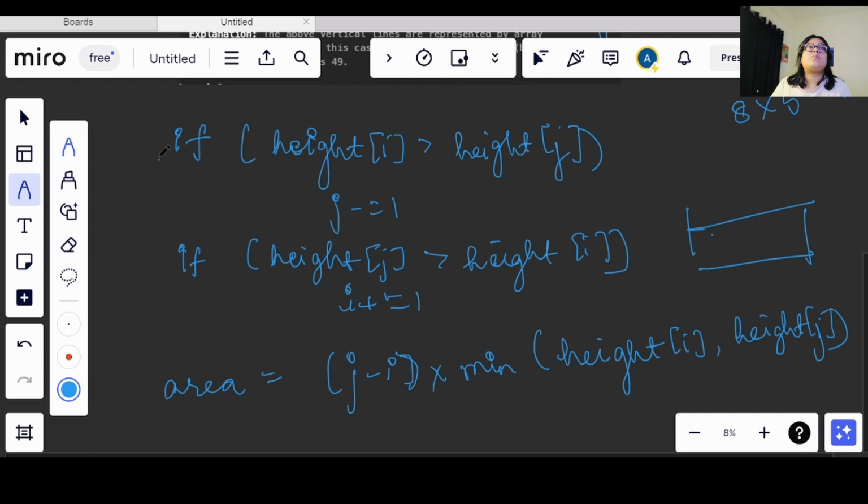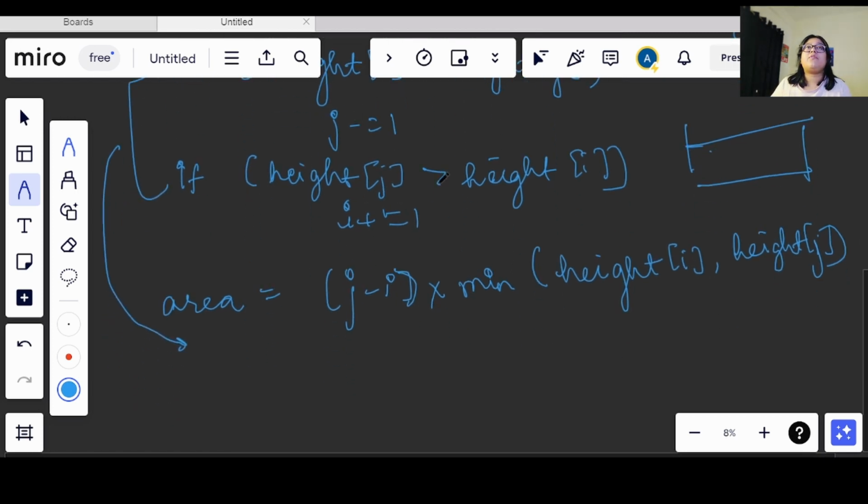Now this part, okay, these conditions will be done after, because if we check this condition and increment and decrement before, we will have a problem in the answer. So after calculating the area, we need to move the pointers, right? So these if conditions will be running after calculation of the area. Now once we have calculated the area, we need to store the maximum, right? So for that, let's say our maximum is stored in maxi, so maxi and area, okay.